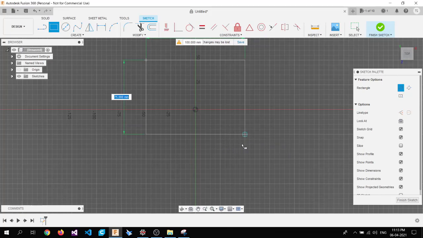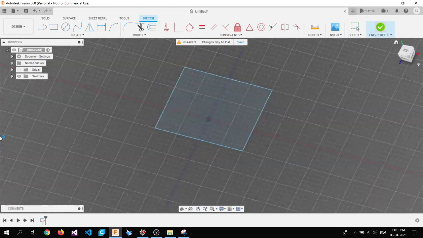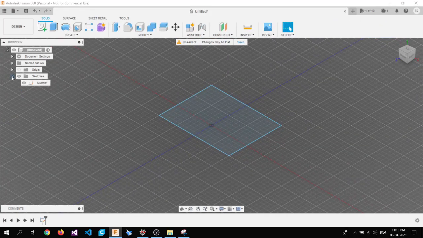Now as you are done with the sketching part, you can see in the corner one more menu has been added, that is Sketches. In this menu we will have all the sketches of the design that you have used for creating a 3D model,